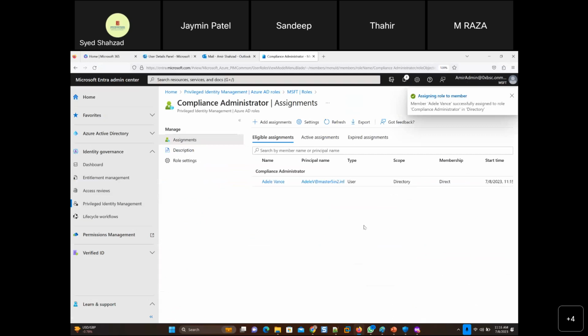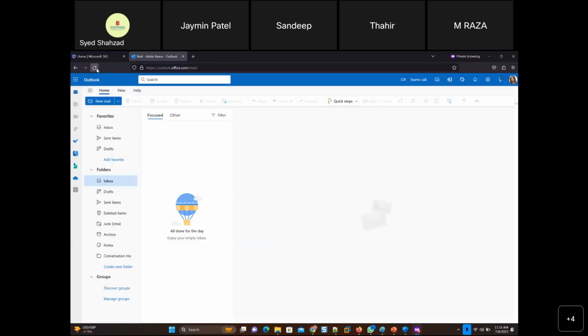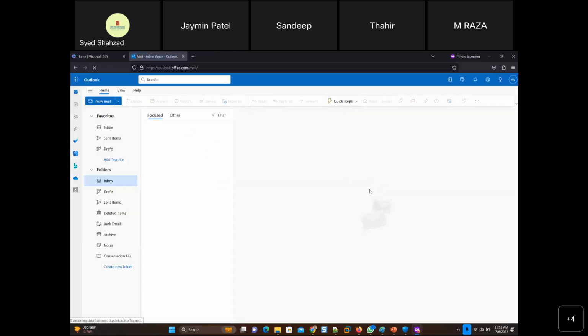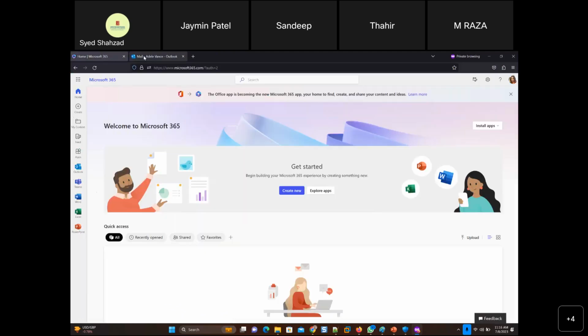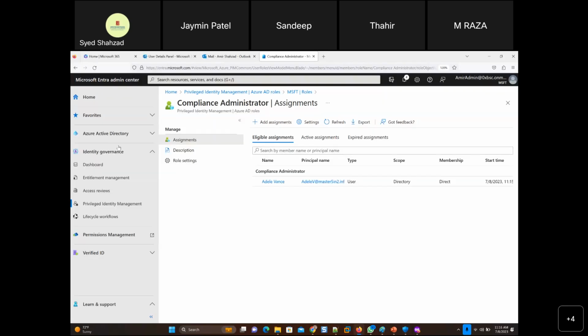So the user has to receive an email. The user should be receiving an email, and the user has to manually activate that, right? So another role has been assigned, and I need to go there and check it out. Are you kidding me? Okay, I'll go for another user. Seriously, by now the email should have arrived. Okay, so I'll go for another user, as you said.